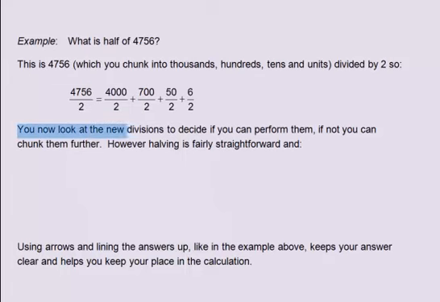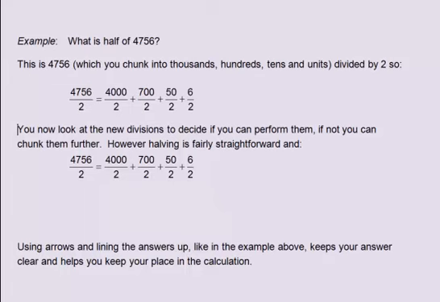You now look at the new divisions to decide if you can perform them. If not, you can chunk them further. However, halving is fairly straightforward. 4,756 divided by 2 equals 4,000 divided by 2 plus 700 divided by 2 plus 50 divided by 2 plus